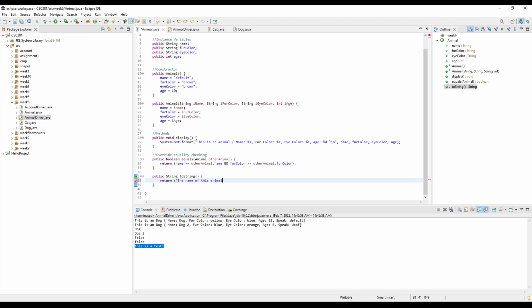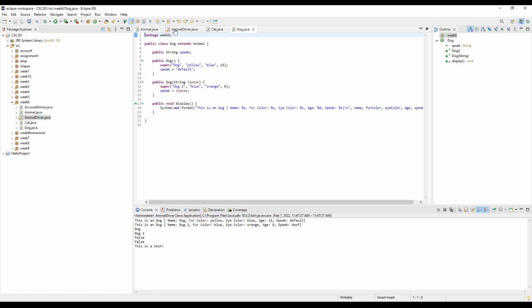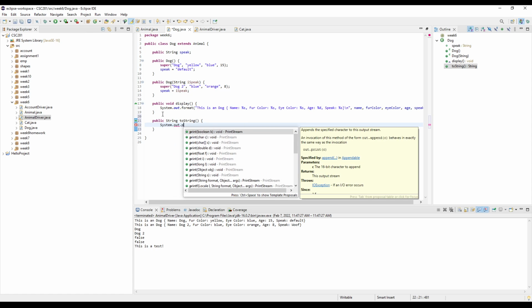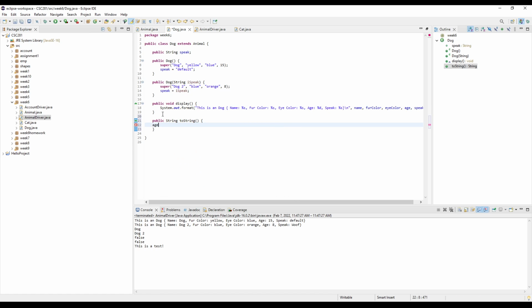name of this animal is, and then we could say plus, you know what, actually, let's just try to do a bit more with inheritance. I'm going to leave this as this is a test because I just realized that we're working inside of the animal class. So right now we have this is a test, but if we go into dog.java over here, and we recreate the public String toString method inside of our dog class, we can now return the string, this is in the dog class, and then I'm just going to format the dog